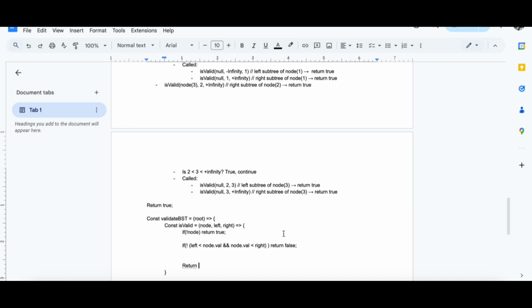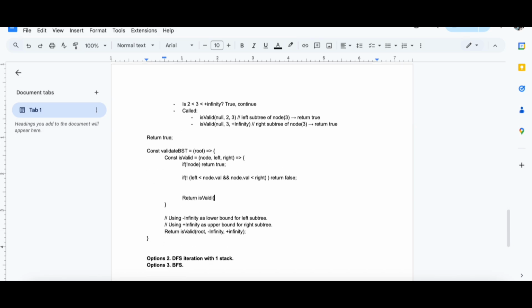It will be return isValid(node.left, left, node.value), and then the right one is isValid(node.right, node.value, right). Recursively check left and right.